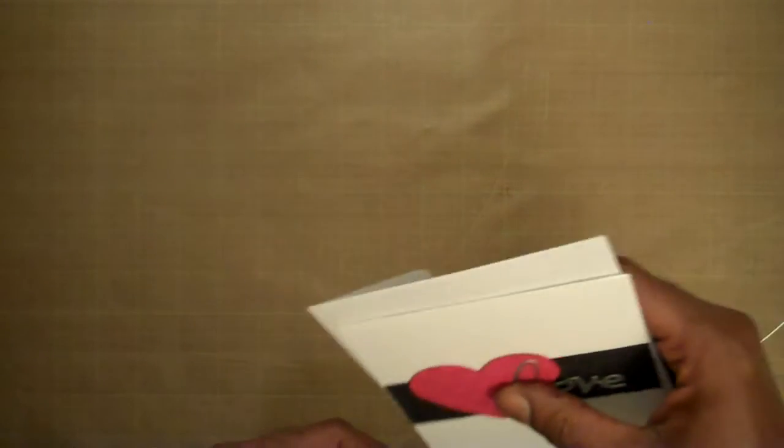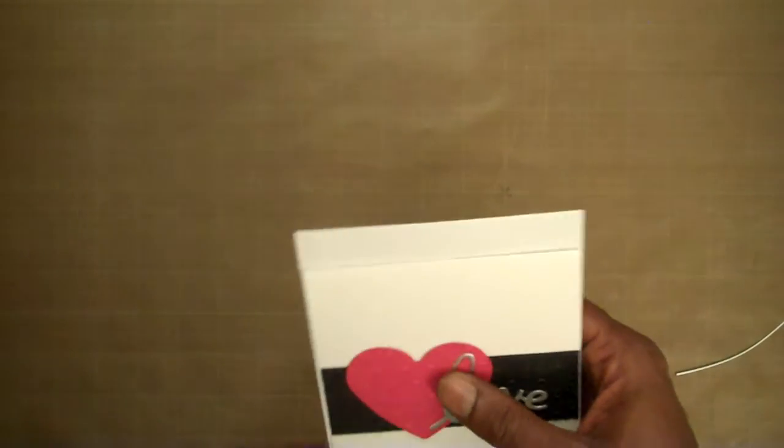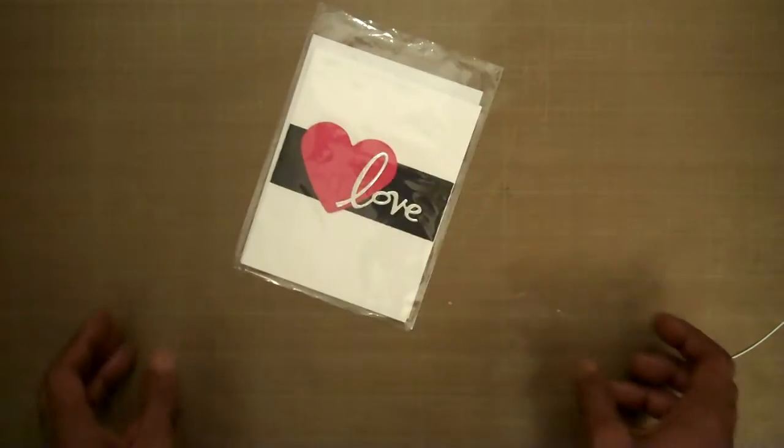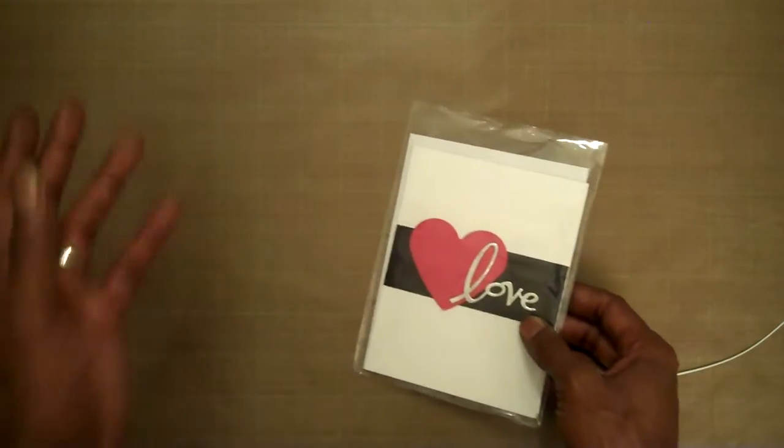And again, normally, you guys, when I make a card and create it and do everything for it and put my stamp on it, I'm going to have these little cellophane bags that I stick them in so that they won't get ruined or messed up, because a lot of times I throw things on my craft table and that can ruin them. So I have those. And so my next one